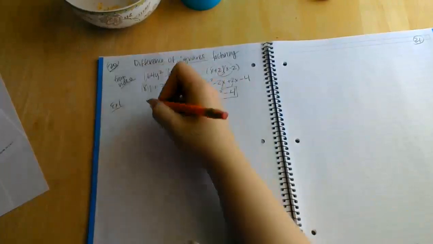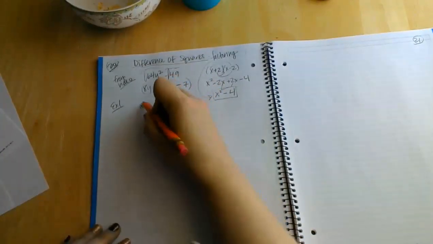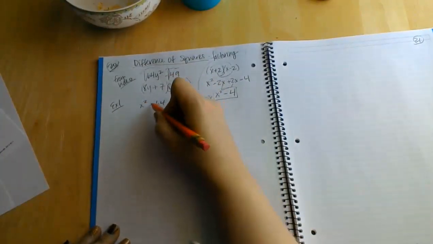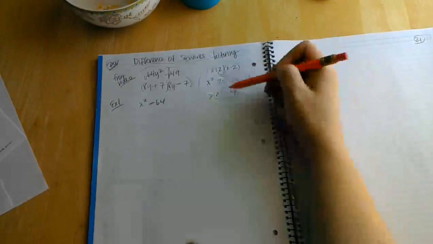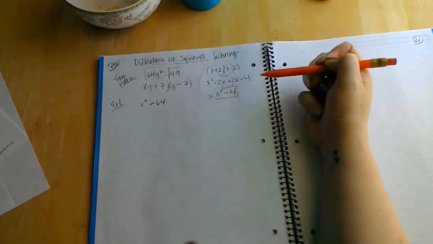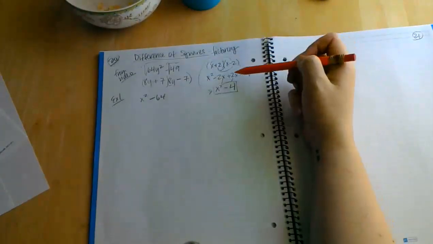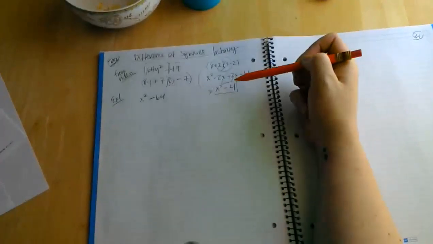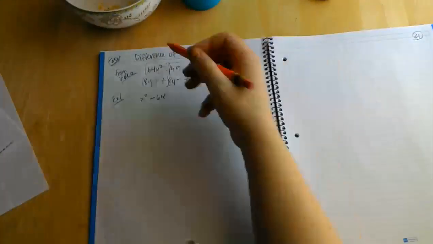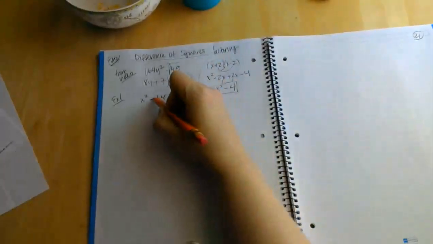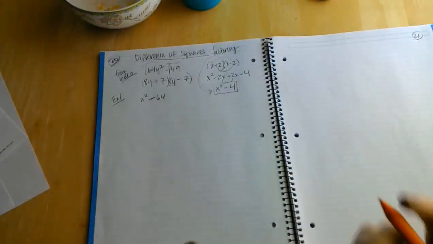Let's look at some other examples though, because again, he did that super fast. Now, again, these are all things that have a negative sign in the middle. If I had a positive sign in the middle, it's not going to factor out like this, because those middle things aren't going to cancel each other out. I have to have one be positive, one be negative. So this is why the difference of squares, subtracting the squares, is the only way that this works.